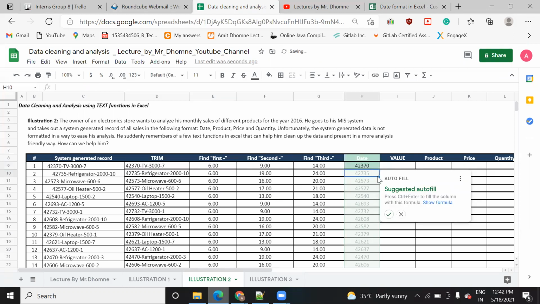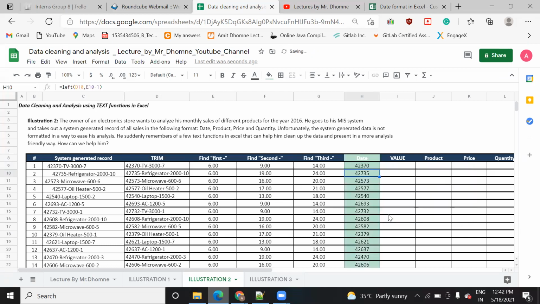So it has given me the data. Now you can click control plus enter, or tick mark, and it will autofill all the values for this data. I will do the same. See here, we got all those values. You can also do it by simply dragging this plus sign and filling it, but since this is a large data set, I just use the autofill.